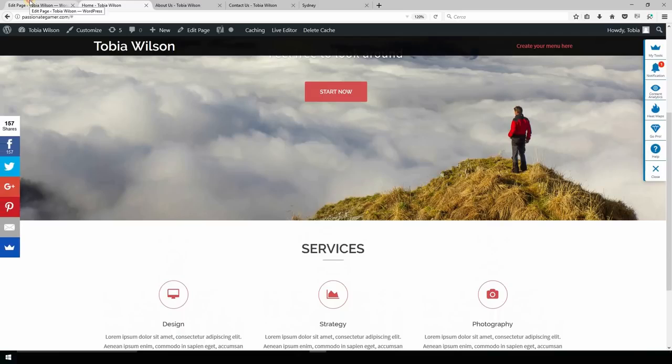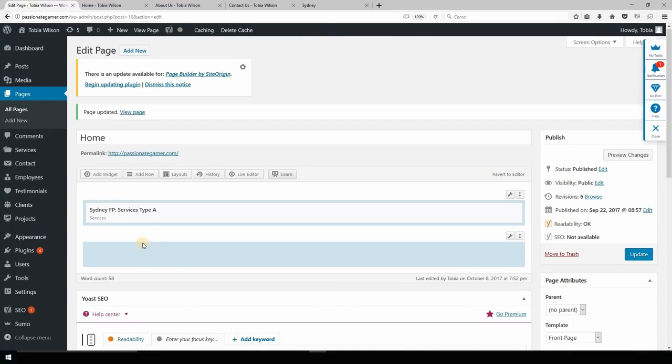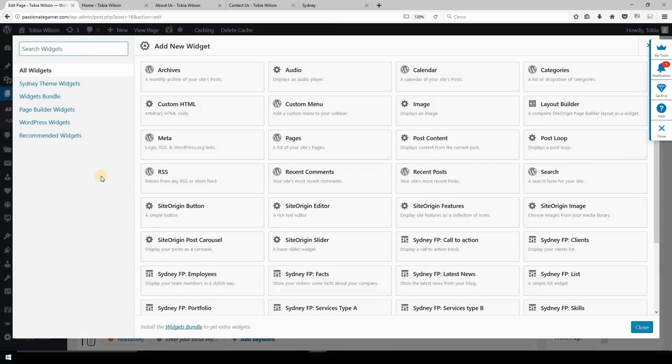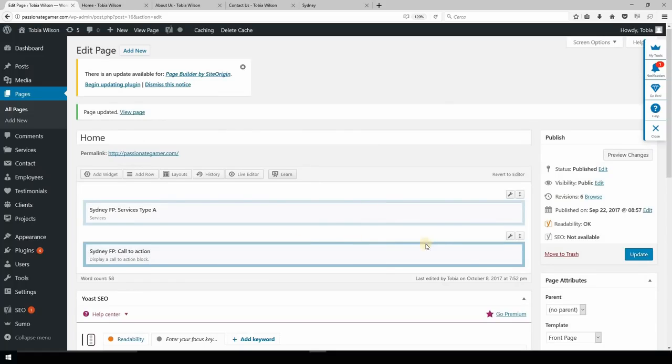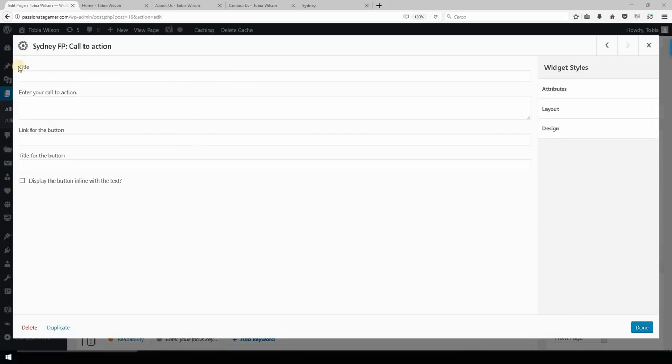Okay, then we want to add a widget, so let me select the row, add widget, and the widget is Sydney FP call to action. Edit the widget. Here you don't need to put in a title, you can leave it blank, but we want to put in a call to action. So in this case I'm gonna write,